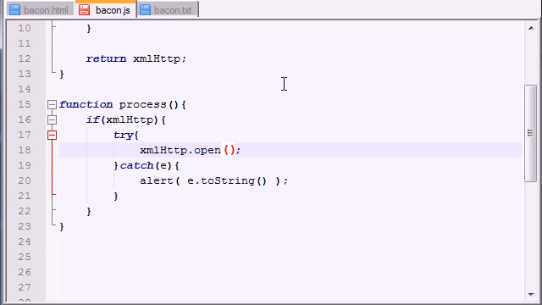So let's go ahead and talk about that right now. The first parameter is basically, well, let me just go ahead and type all this. Get